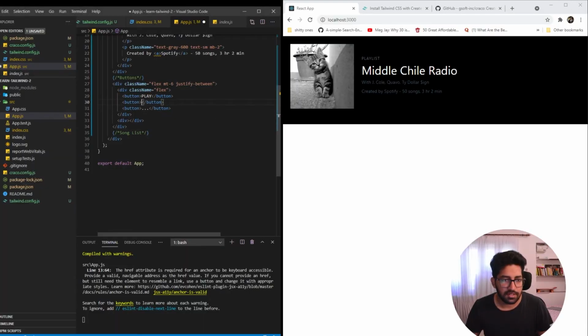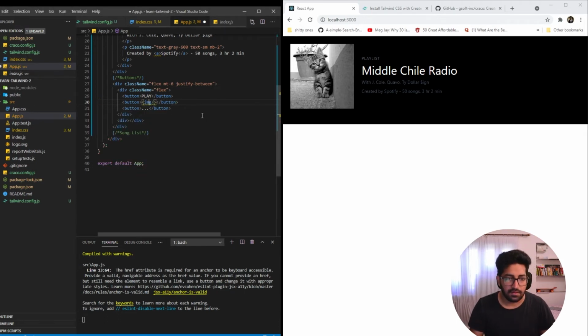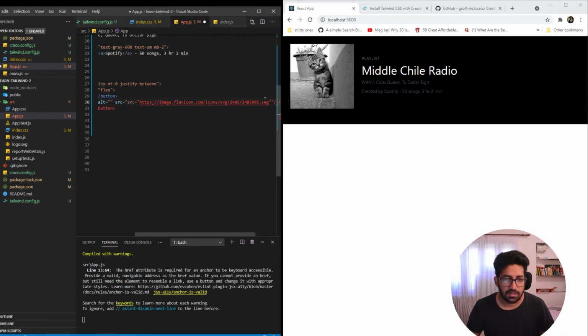So I've created 3 buttons. The second button would have an image over here, so we'll create an image tag with alt and src. The heart shaped image.